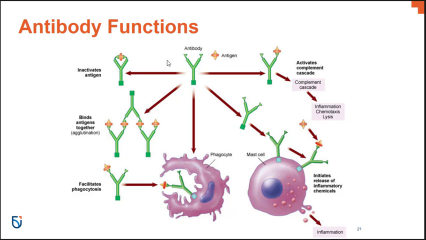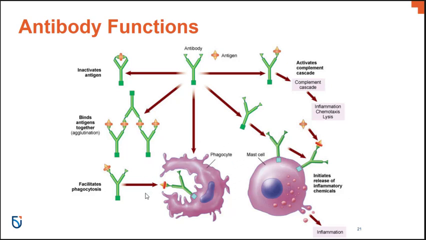As you can see in the diagram, we have an antibody, and it's going to recognize this antigen as either self or non-self. If it recognizes it as not self, or foreign, then it will produce one or more effects. It may inactivate the enzyme, transforming it into something that's not harmful to the body anymore. It may also cause agglutination. Agglutination is the clumping, and in this case, the clumping of antigens together. And this will allow the antigens to be more easily accessible by macrophages and other phagocytic cells in order to